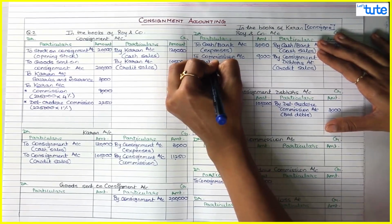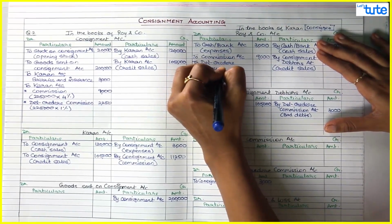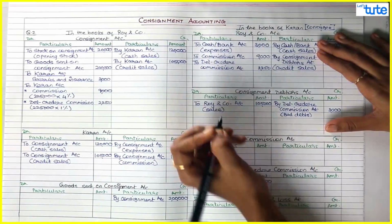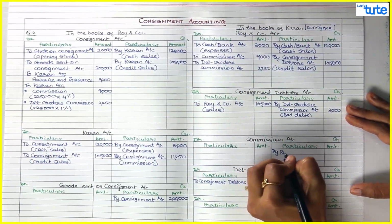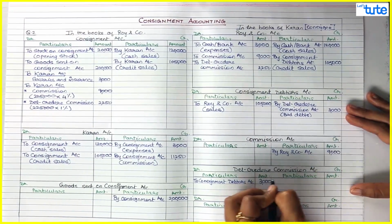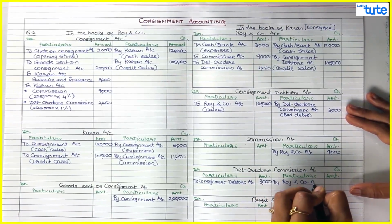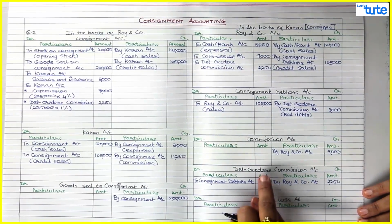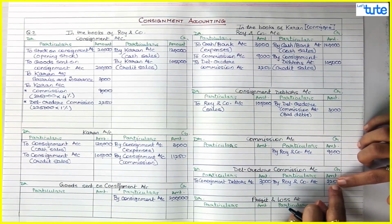to Del-Credere commission account, and that is 2,250, and credit the respective account. So in commission by Roy and Company account 9,000, and Del-Credere commission by Roy and Company account 2,250. Now if you can see, in the Del-Credere commission account we have received this extra commission for taking extra responsibility,